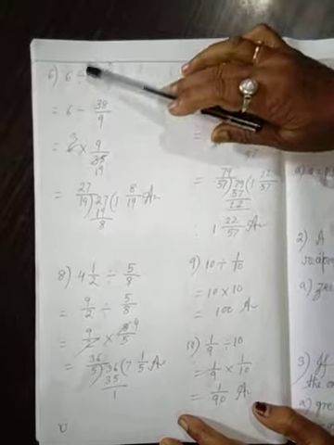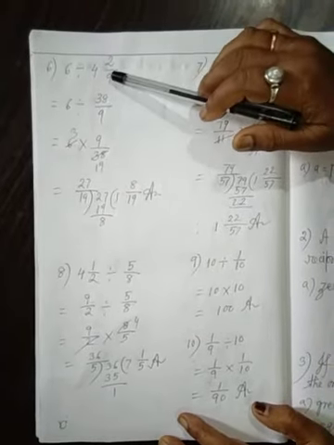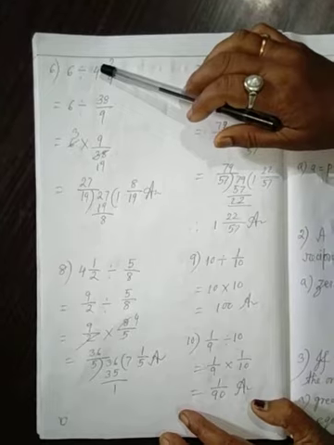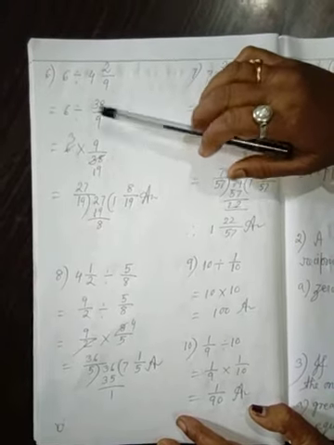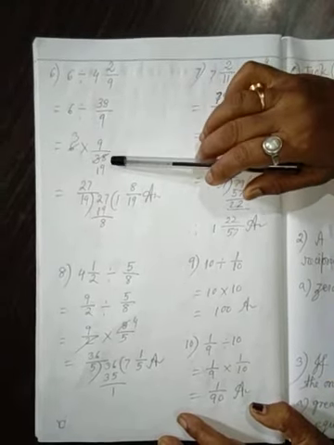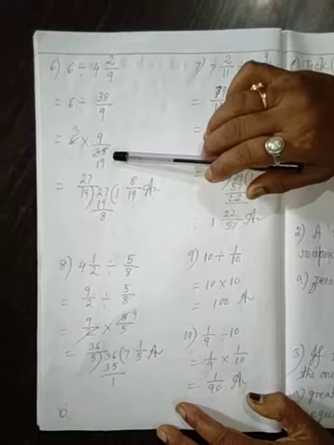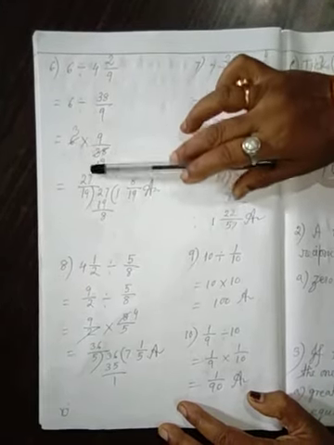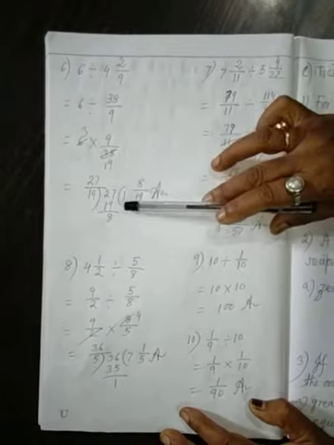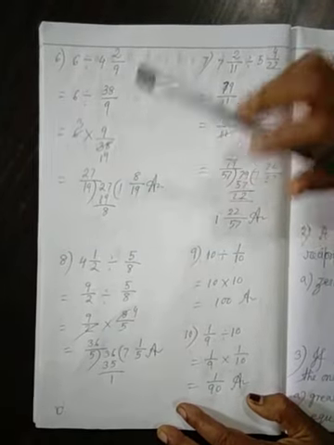6 divided by 4 2 by 9. 6 divided by 4 9, that is 36 plus 2, 38 by 9. 6 into 9 by 38. So 3 2 ja 6, 19 2 ja 38. 3 9 ja 27 by 19. 19 1 ja 19, 8. 1 8 by 19, answer.